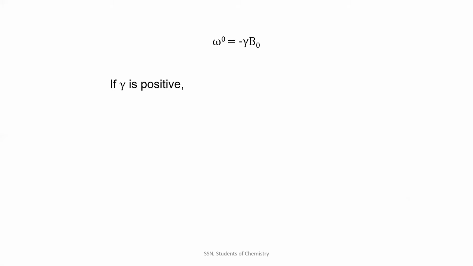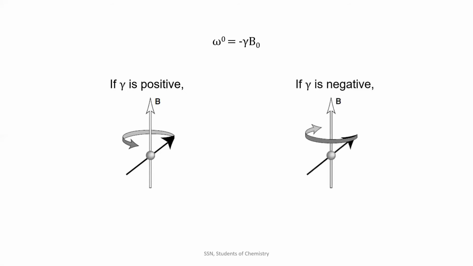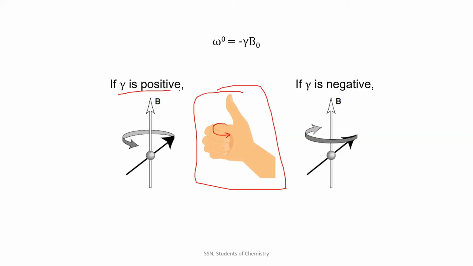Then my spins will precess in the clockwise direction. And if my gamma is negative, my spins will precess in the anti-clockwise direction. How to remember this? Just imagine our right hand, with the fingers closed. Here we can see that the fingers are closed along a clockwise path, right? Always compare your right hand with gamma's positive value or omega naught's negative value. If gamma is positive, look at your right hand, close your fingers, you can see it is the clockwise direction. So if gamma is positive, my spin will precess along the clockwise direction.